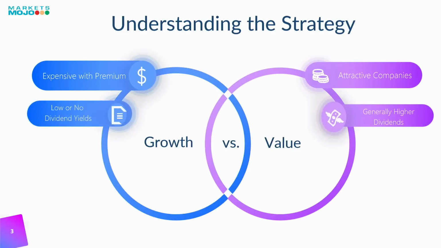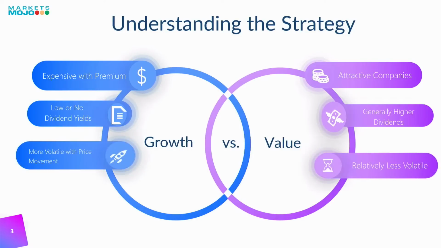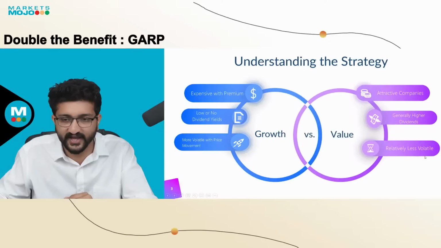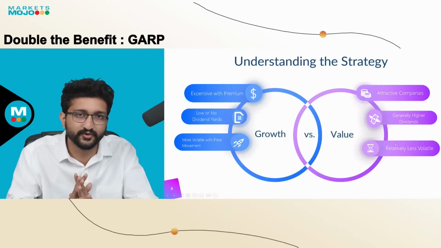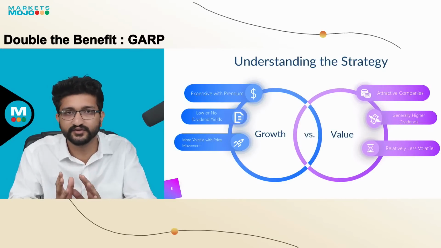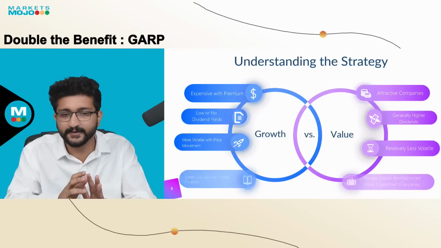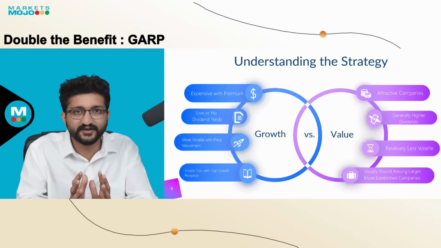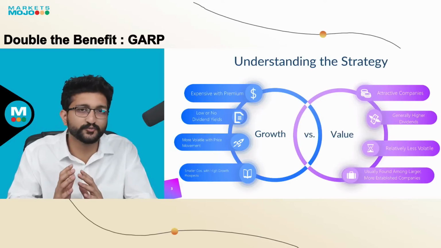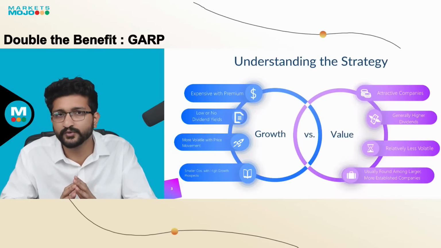The second is that growth stocks have low or no dividend yields, whereas value stocks generally have higher dividends. The third is that growth stocks are usually more volatile with price movement. They move up and down really quick, whereas value stocks are relatively less volatile. Value stocks have a margin of safety because they are attractively valued, and they are less volatile in nature versus the growth model. And lastly, growth consists of small companies with high growth prospects, whereas value stocks are usually found among larger,